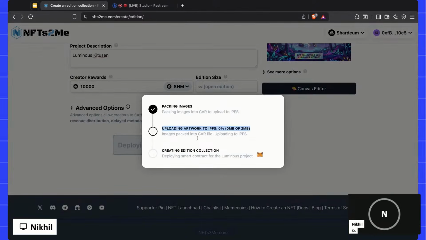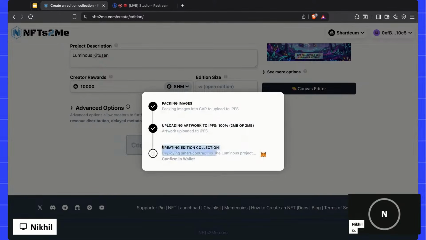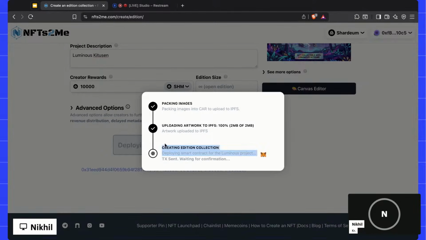It will upload the image onto IPFS. IPFS is a decentralized file storage system. When it is done uploading the image, we will have a pop-up for paying the gas fee. I don't know if the pop-up is visible to you guys or not. The network fee here says $0.11, so it's actually pretty low. You guys can try it on mainnet, or if you want some hands-on experience, you can try it on the testnet too. You can simply go ahead and click on confirm. It will create